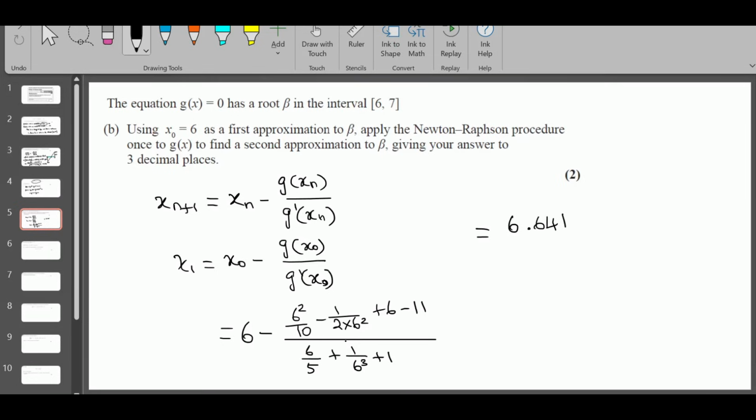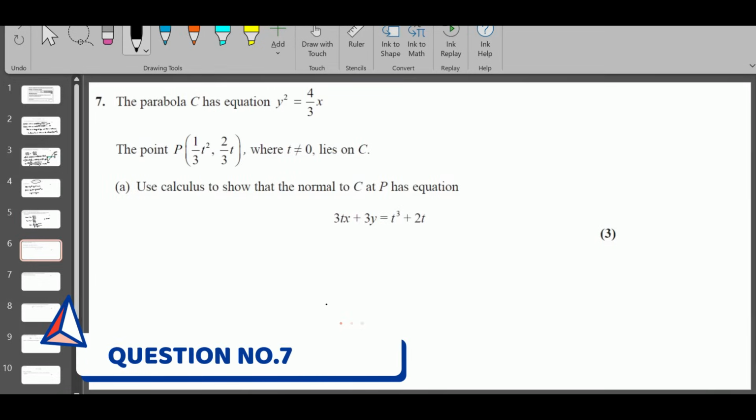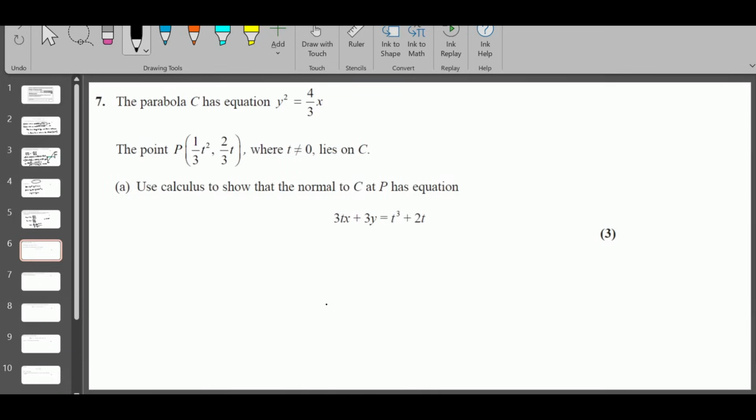That's all. Question number 7. The parabola C has this equation and the point lies on the parabola. Use calculus to show that the equation of the normal is this. So first we need to differentiate it. So y is equal to square root of 4 over square root of 3 times square root of x. When you differentiate it,